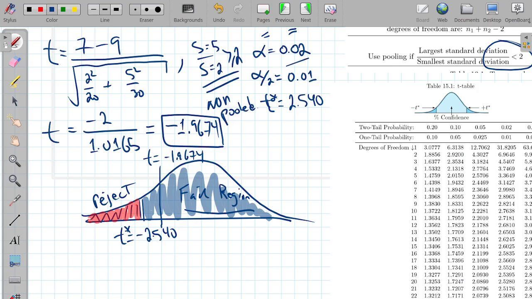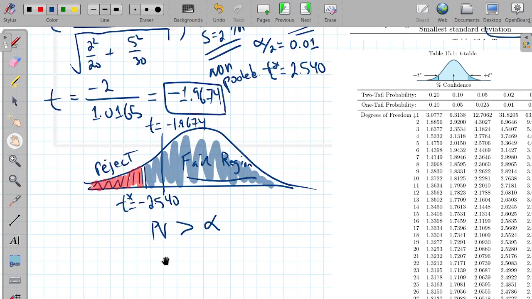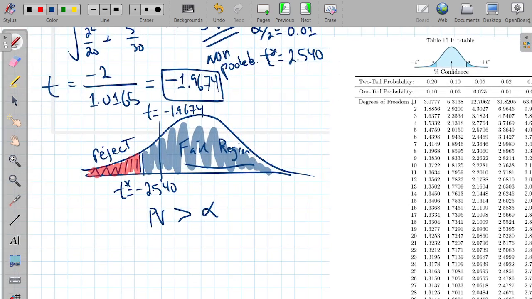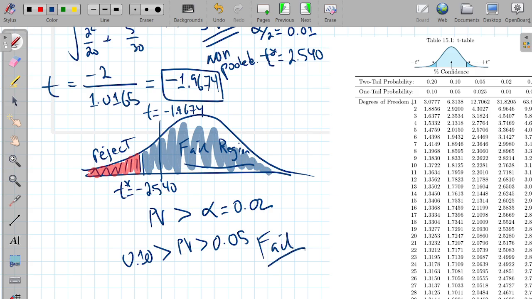But I have alpha at 2%, and therefore we fail to reject, because our p-value is greater than the level of significance. Now, so our p-value, a little bit of room to write, our p-value was less than 10%, greater than 5%, but alpha was at 2%. So again, fail to reject. And there we go. Now, let's do the promised